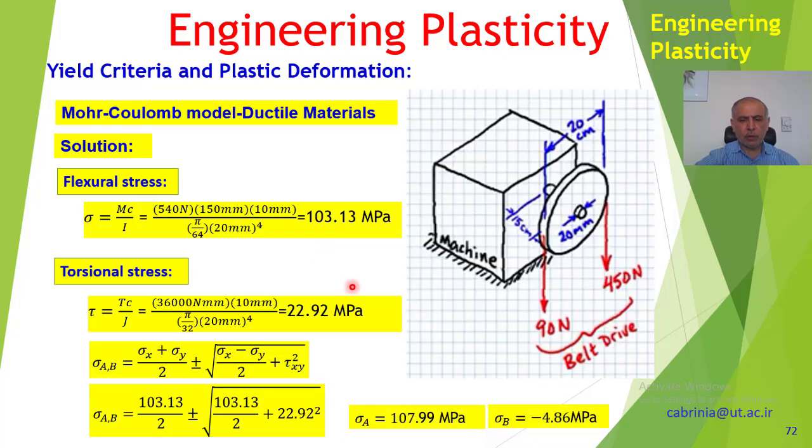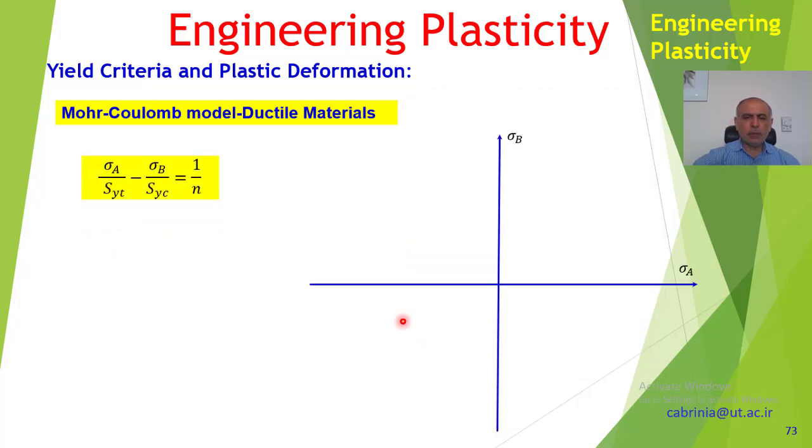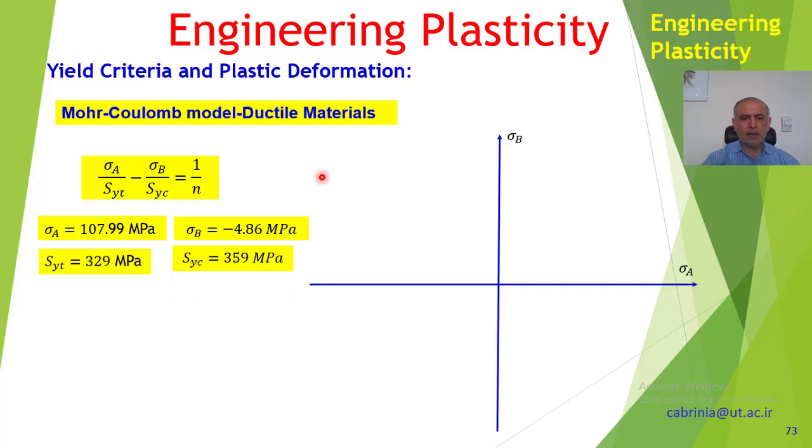Sigma A is equal to 107.99 megapascal, and sigma B is minus 4.86 megapascal. The plus is A, minus is B, and these are the principal stresses, and this was the equation we obtained for the Mohr-Coulomb model for ductile materials, and these are the values for sigma A and sigma B. So we plot these values on the axis here, and also note that this was the